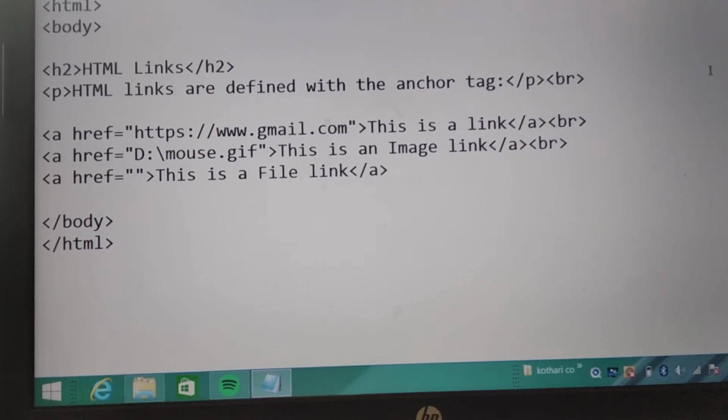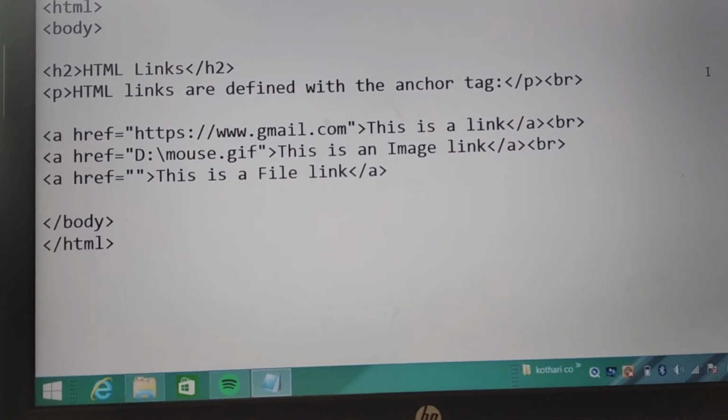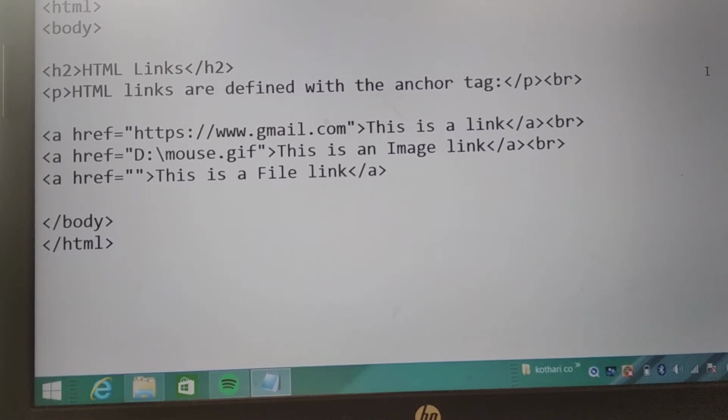Student, you are already aware of web pages and websites, but today's topic is very important and generally useful to make a website also.